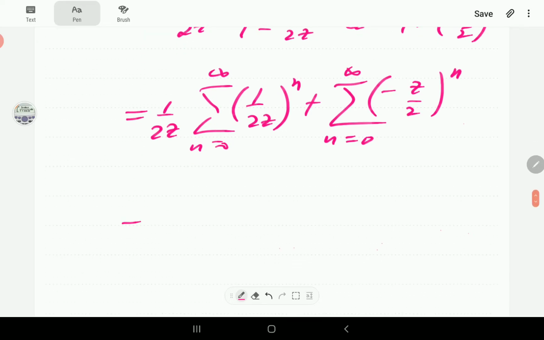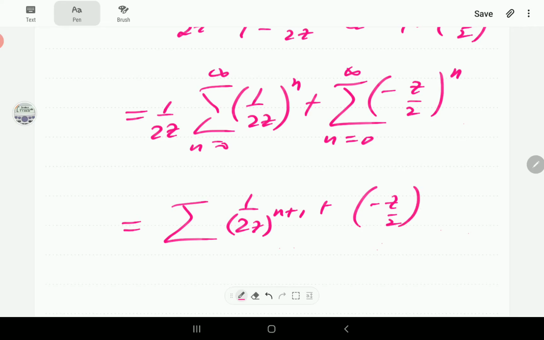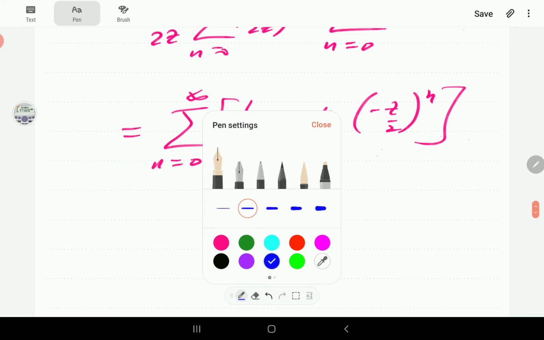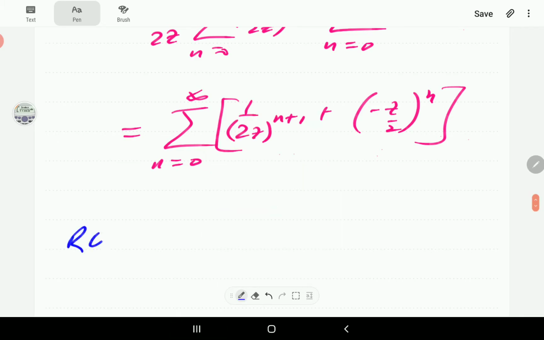So this is going to work out to the first term, 1 over 2z to the power n plus 1. Second term, negative z over 2 to the power n. So n goes from 0 to infinity. We could just leave it like that. What we're going to do though is some calculations that confirm the region of convergence based on